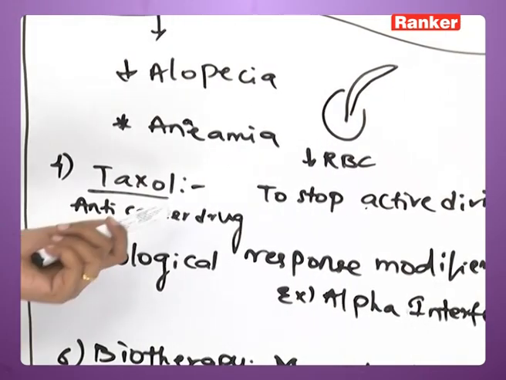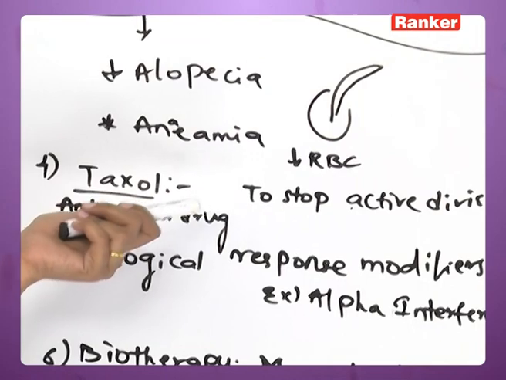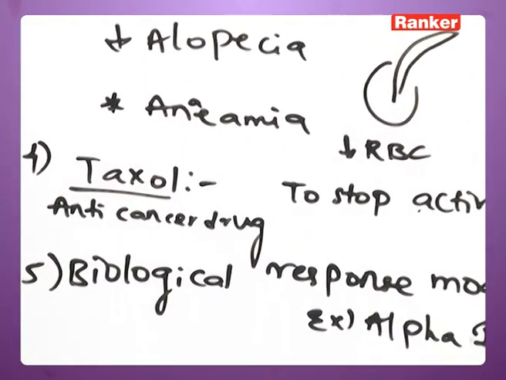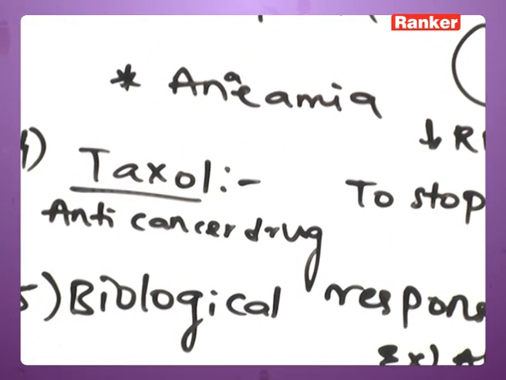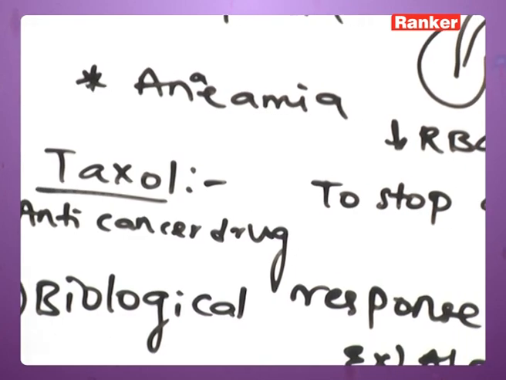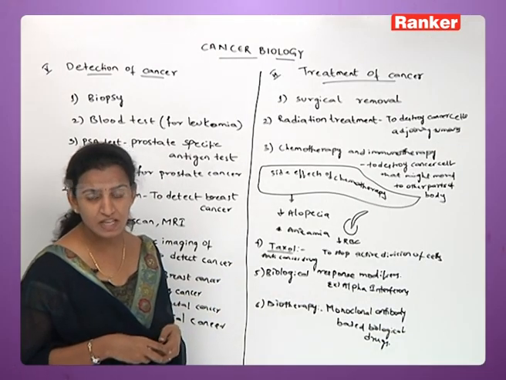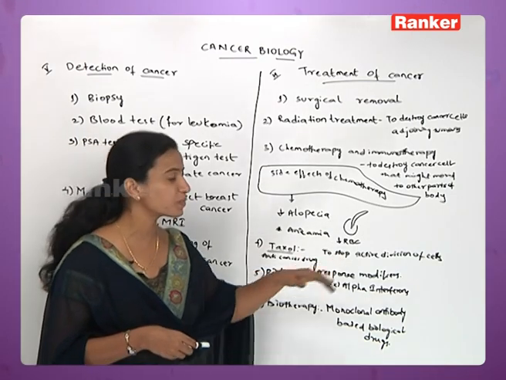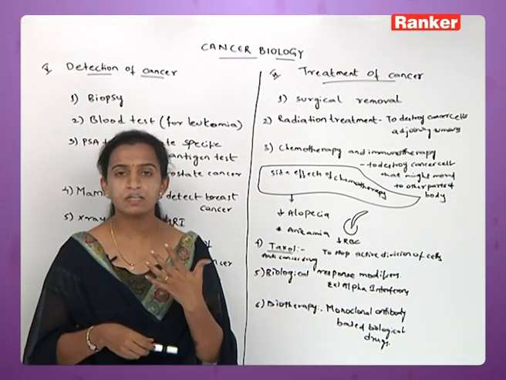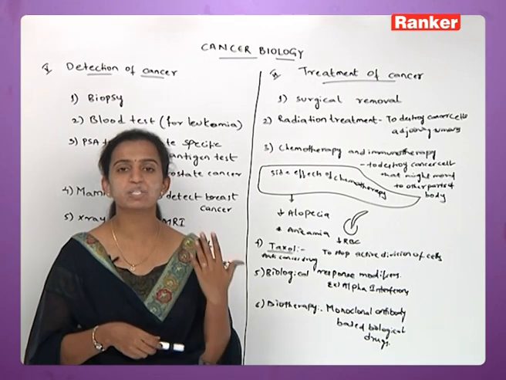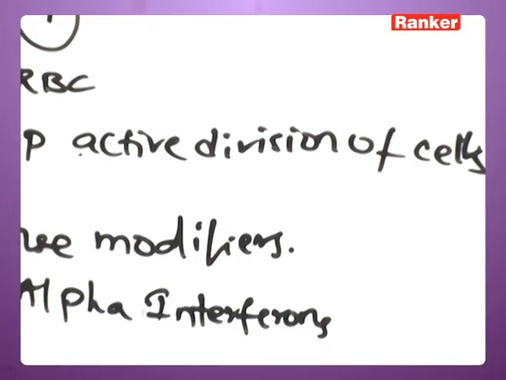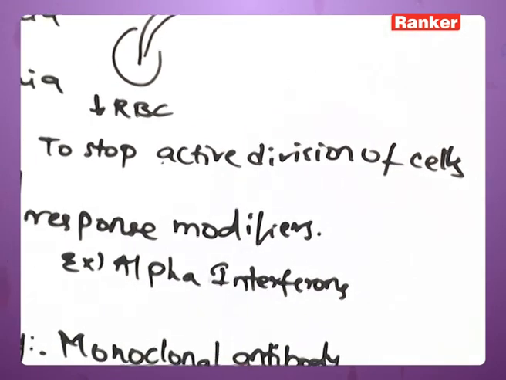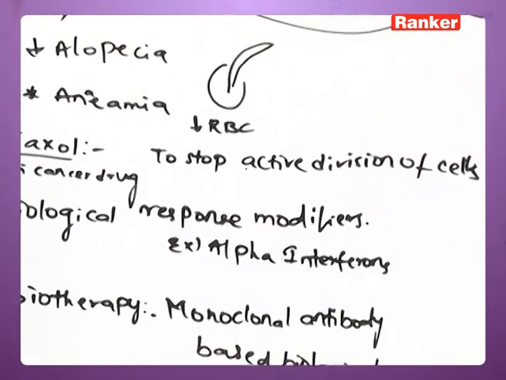So here the other thing is the drugs that need to be given to the cancer patient. This is Taxol, an anti-cancer drug. Now what does Taxol actually do? It stops the active division of the cell. What is the cancer cell actually doing? It divides. So by taking this anti-cancer drug, this tremendous growth of the cell is stopped,